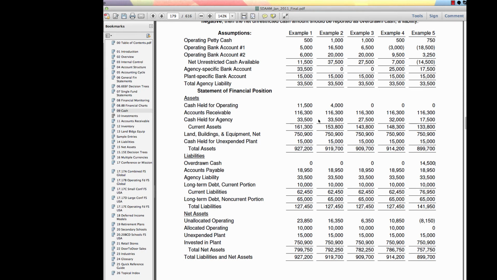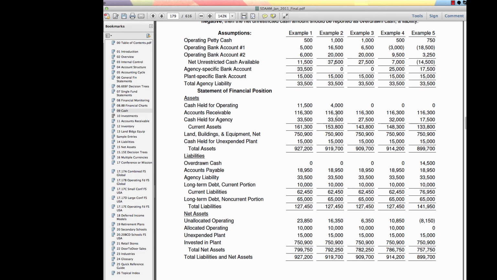Okay, for example, the latest financial statements coming out of SunPlus basically do example 2, which we feel is what most organizations have, where they have more cash,